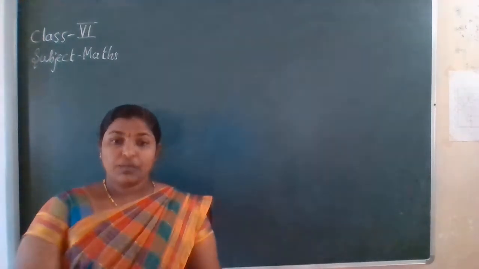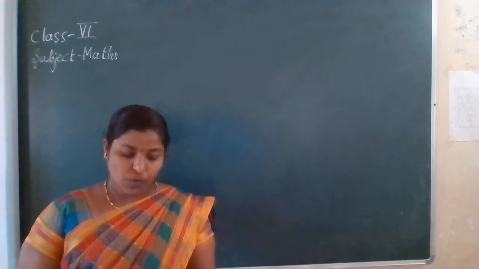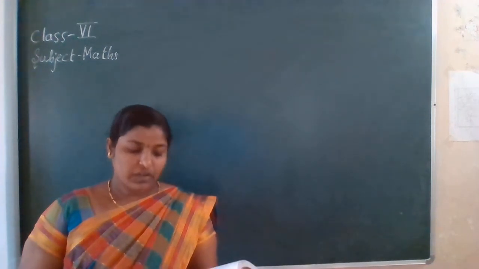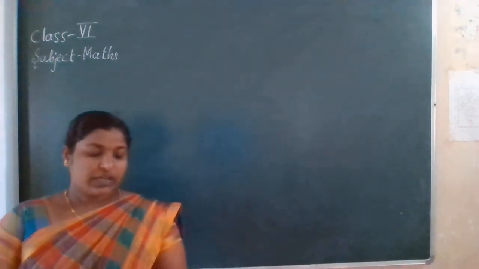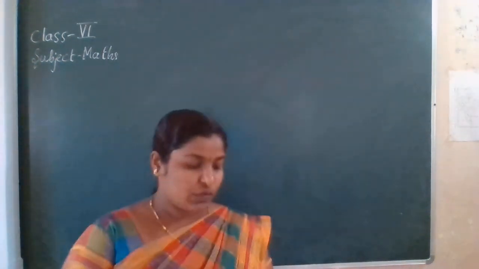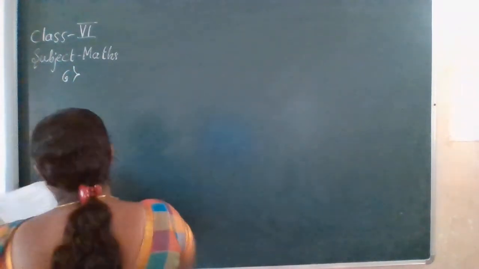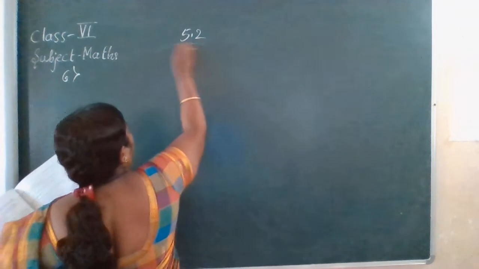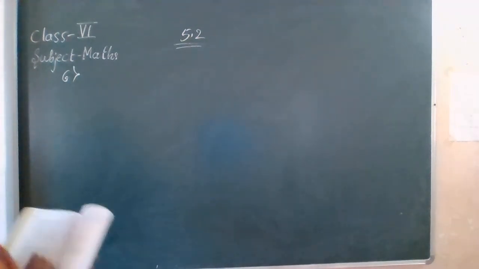In our previous class, we started exercise 5.2 and completed the first five main questions. Today let us start the 6th and 7th questions. The sixth one, in exercise 5.2: how many right angles do you make if you start facing